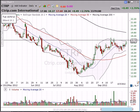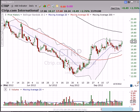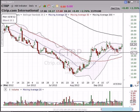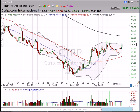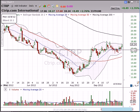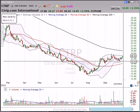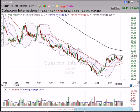But what I'd suggest doing is, if the stock does close above the upper Bollinger Band, that's a time that you can buy the stock. Frankly, on these types of kind of loose squeezes, I like to try to get them on a little bit of a pullback closer to support, because then if the stock winds up breaking out to the downside, you're out early, you're good to go. So if Ctrip pulls back, don't consider this a failed breakout, because it hasn't broken out yet. Rather, consider it an opportunity to buy closer to the lower Bollinger Band,